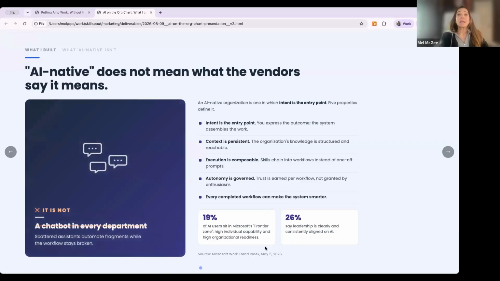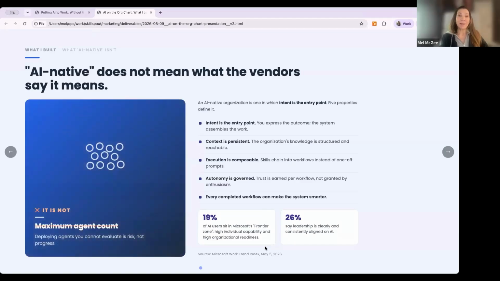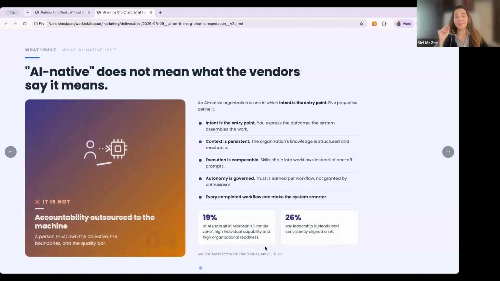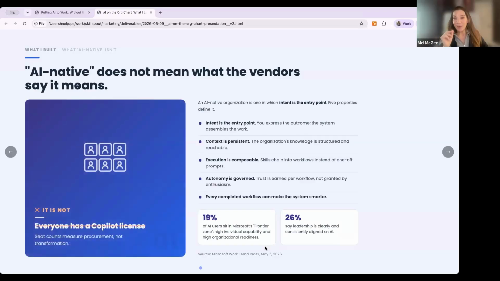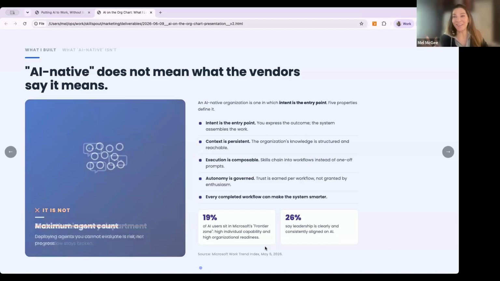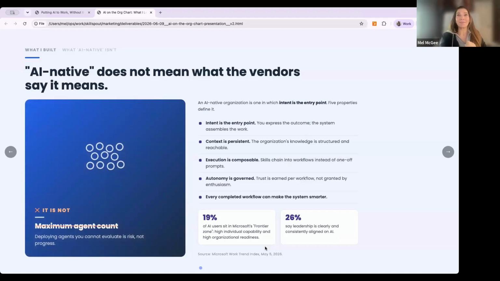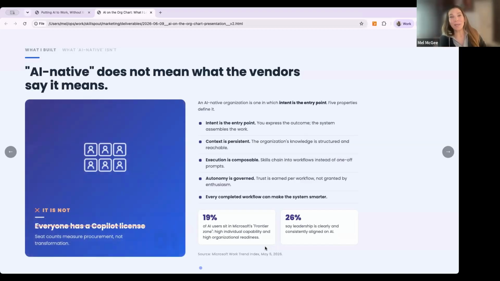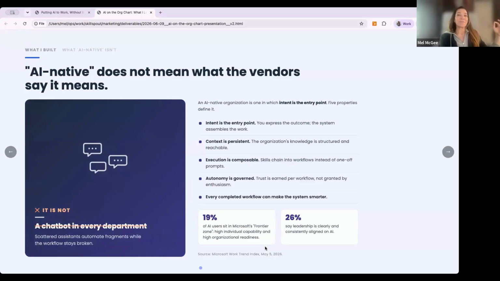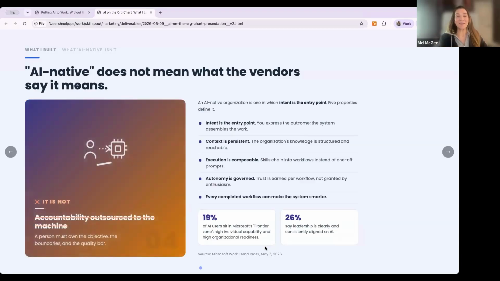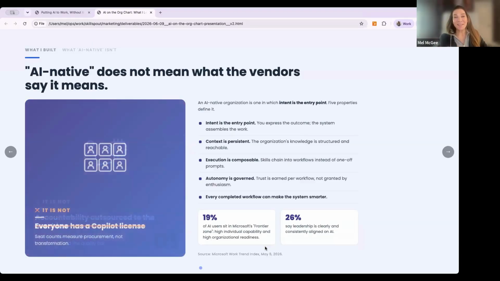Autonomy is governed. This is a big one. A lot of times people are saying, I'll just have an agent do all of this. Trust needs to be earned, first of all. Don't set an agent out to potentially wreak havoc on all of the trust you have earned with your customers, for example, sending random emails, maybe purchasing. I've heard horror stories. I'm guessing you might have too, of agents purchasing round trip tickets or things that were not governed by a human, and agents had too much authority.